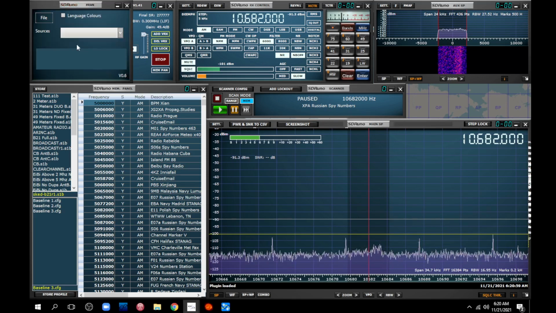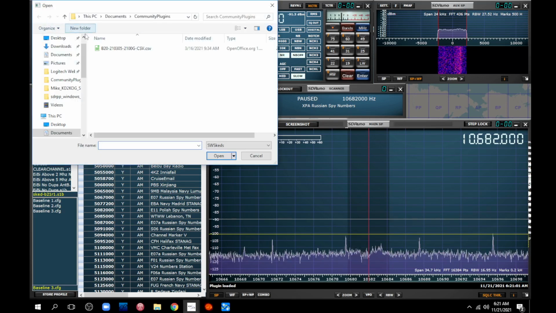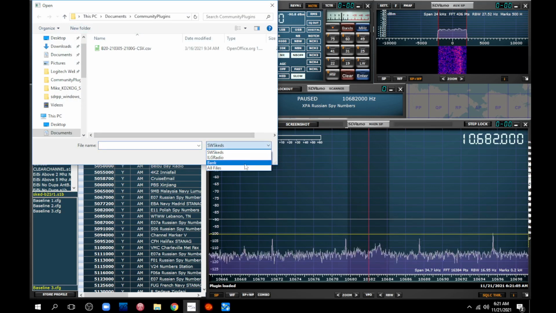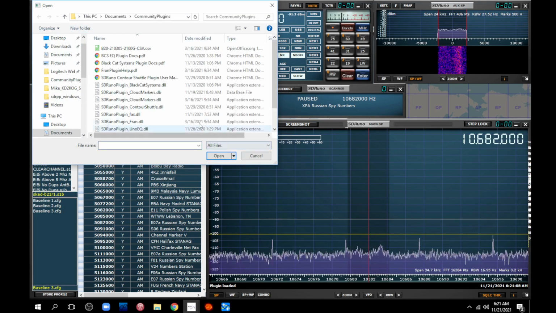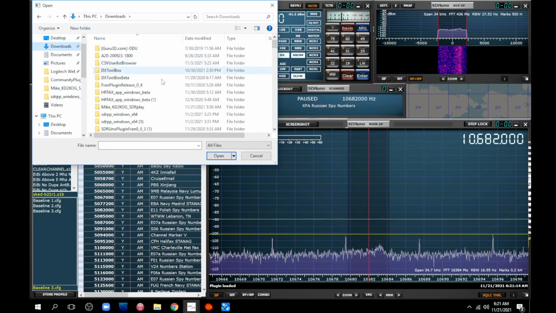And then it asks you for a file. So I say, and what I have to do is I have to say all. And then I pick, where is it? And I go to downloads where I stored it. And under Mike